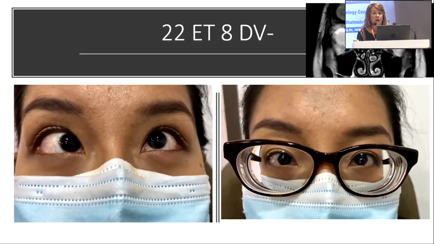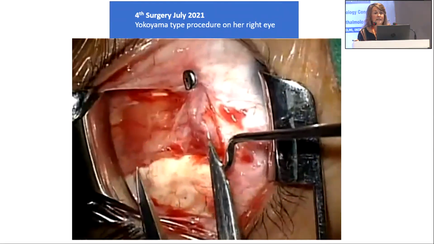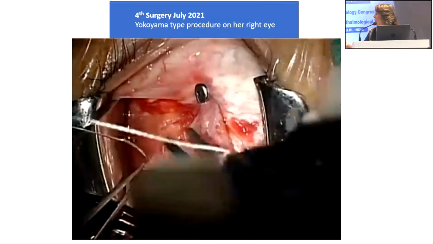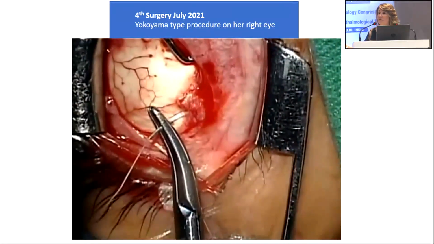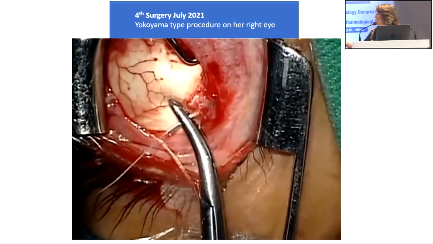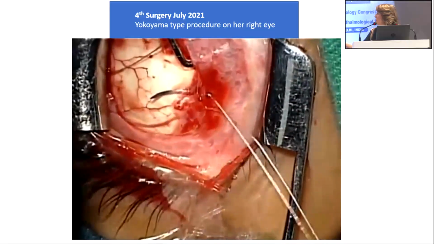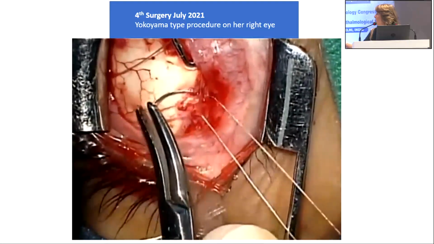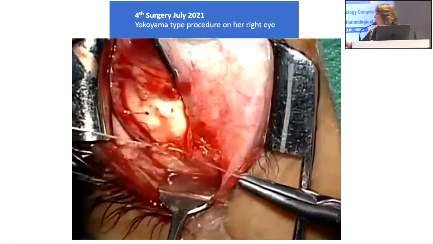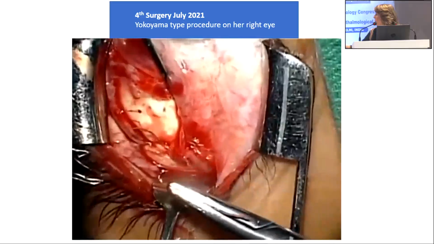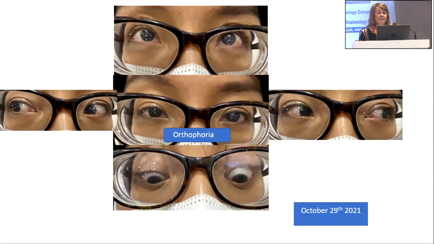So in this case, what I ended up doing, this is the superior rectus, I placed a non-absorbable suture 8 millimeters back from the insertion, and here is the previous suture I placed on the lateral rectus. So I passed the suture next to this suture, and then I pulled, this is the lateral border of the superior rectus, and this is the superior border of the lateral rectus. And with that, the patient was orthophoric, and when looking up, the eye did not go in.